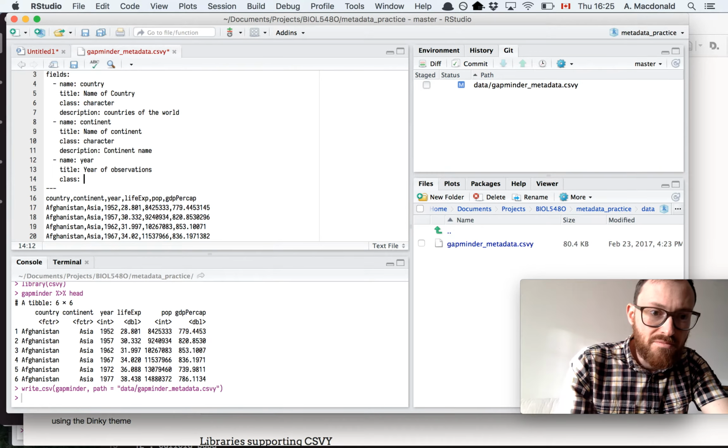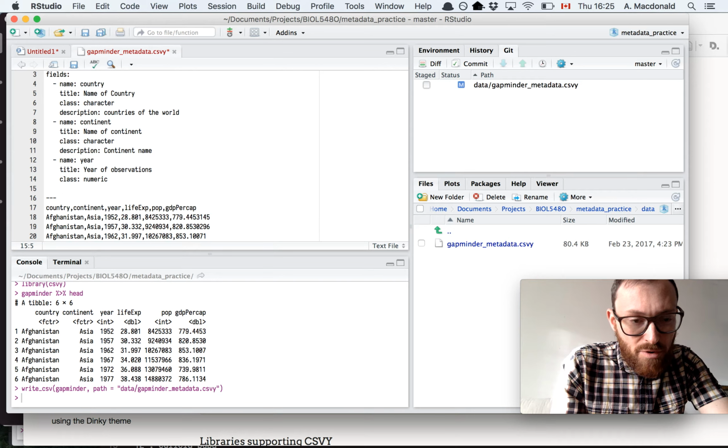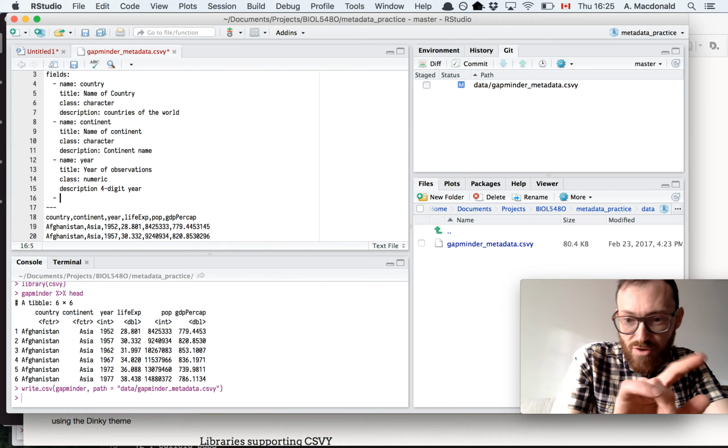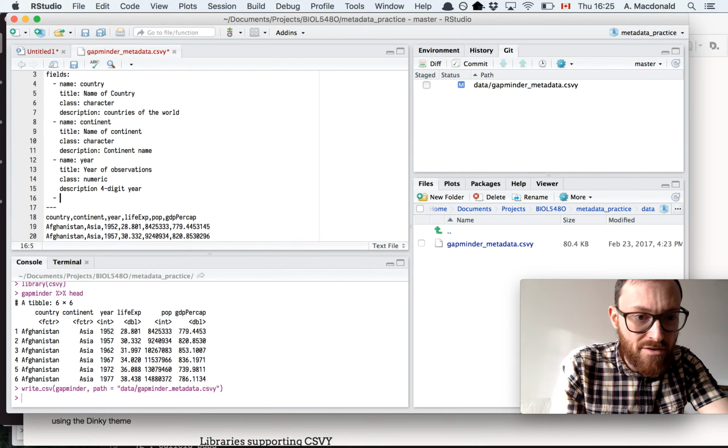Years or numbers. Remember, this little dash goes right before each name thing. So I'm going to add here year,